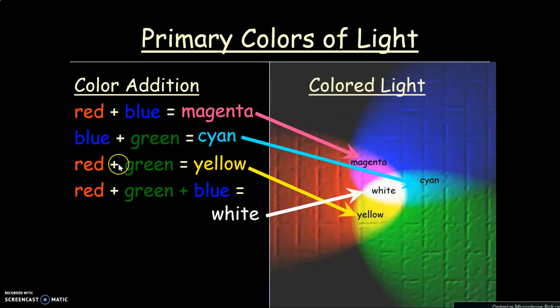Please write these down in your notes over here. Red plus blue equals magenta, blue plus green equals cyan, red plus green equals yellow, red plus green plus blue equals white. You'll need these for the activity that you're going to be doing later and to answer the questions